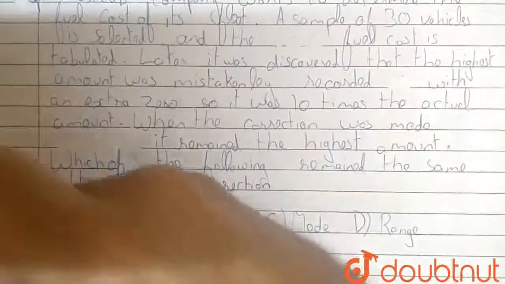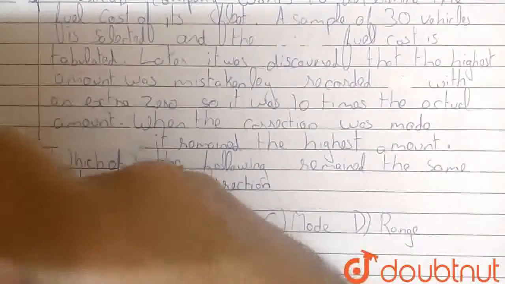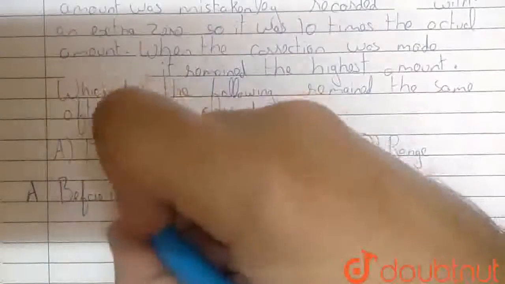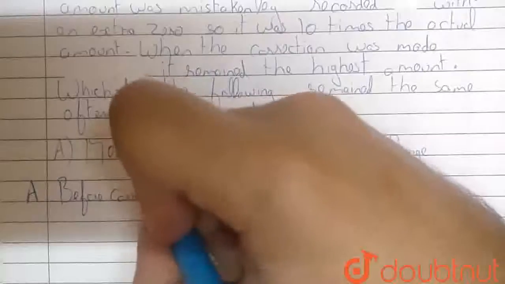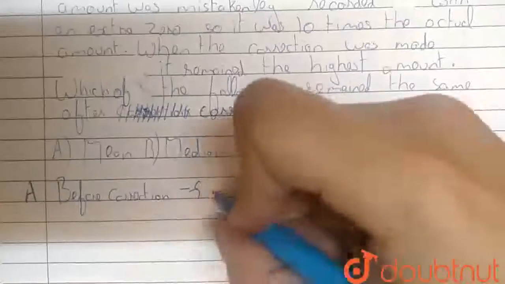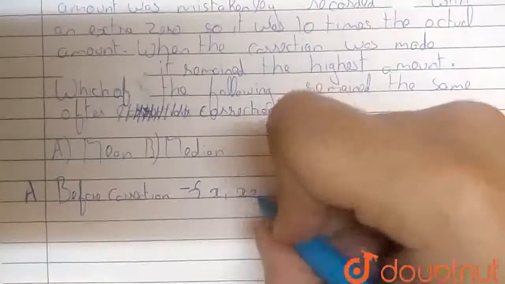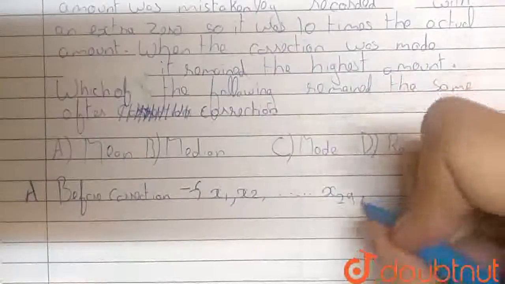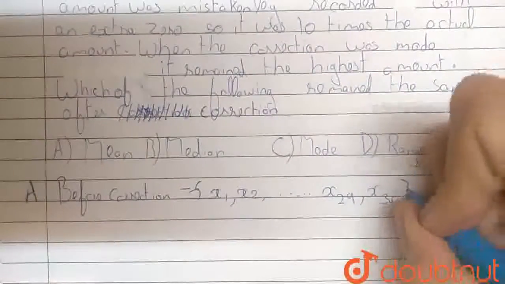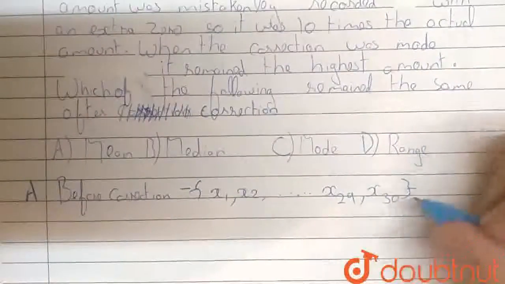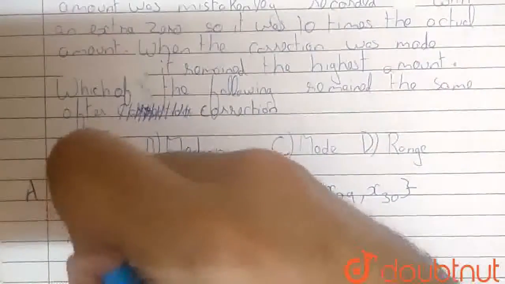So, here we are being told that before correction the set of fuel cost was x1, x2, up till x29, x30, and here they found out that this x30 was incorrect and the value was actually